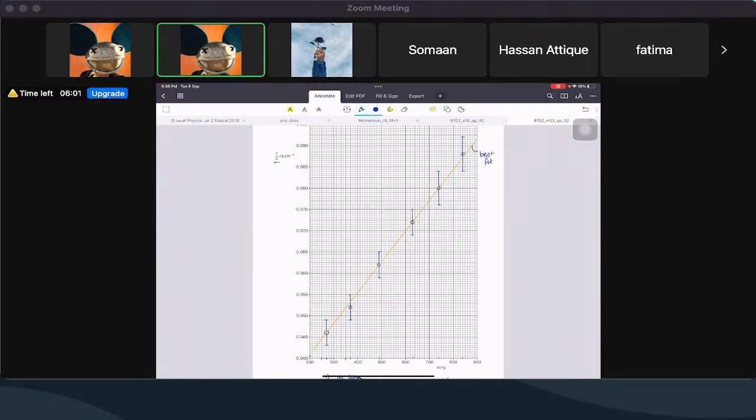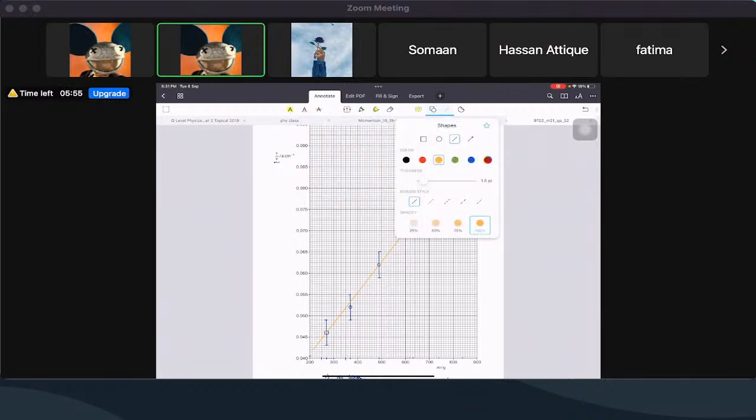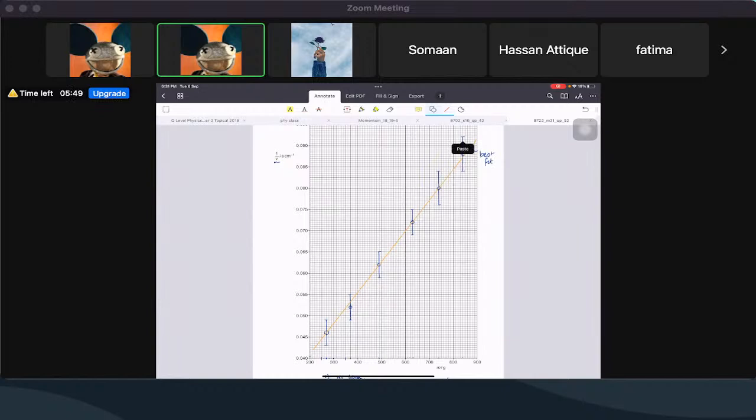Now, what is the worst acceptable line? So basically, the worst acceptable line is when you draw a line that starts from the highest point of the error bar and then reaches the lowest point of the error bar, like this. So this is the worst acceptable line. So let me just put it here. So this line that you see is the worst